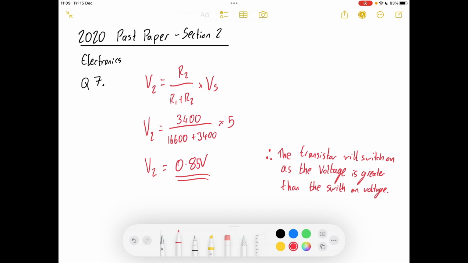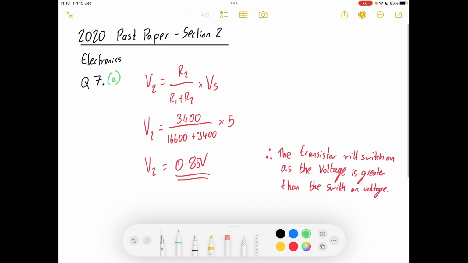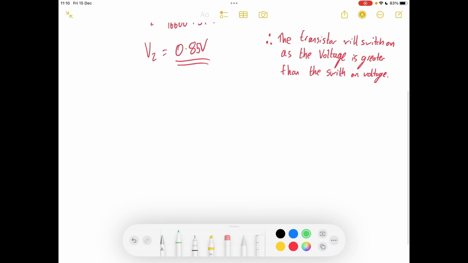Perfect answer. Because we calculate the voltage across the LDR to be 0.85, which is bigger than 0.7, and that's a switch on voltage. So that was question 7A. Now if we move on to B, well, actually B part I,